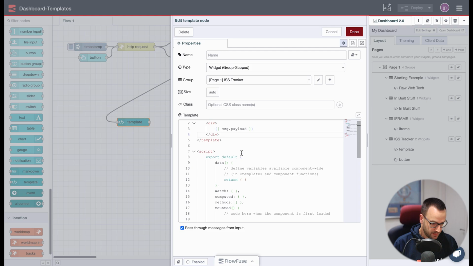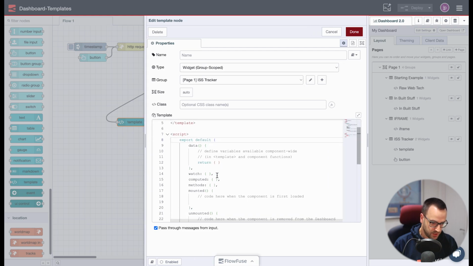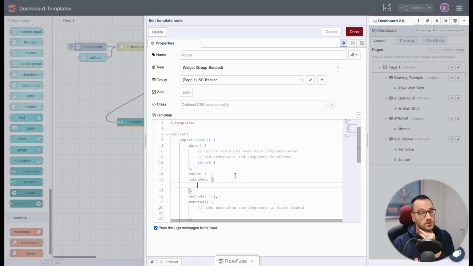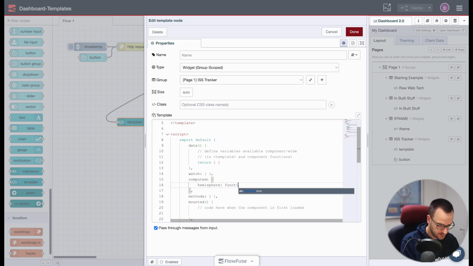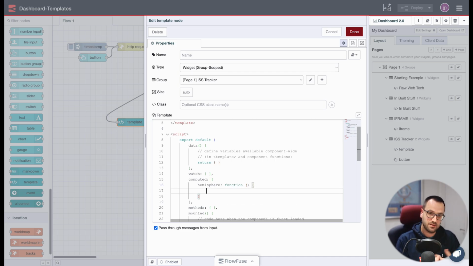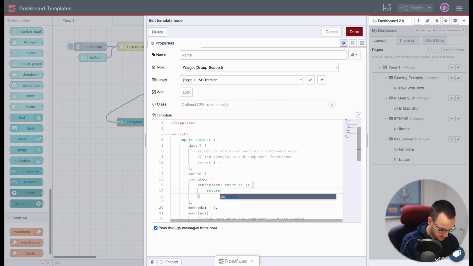So to do that, we're going to add a computed variable. Now, computed variable just automatically reacts to anything that is contained within that particular variable, and that will make more sense in a moment. So if I define a new variable called hemisphere, and this function will run based on anything inside it that updates. So the logic here is going to be that we're going to return,